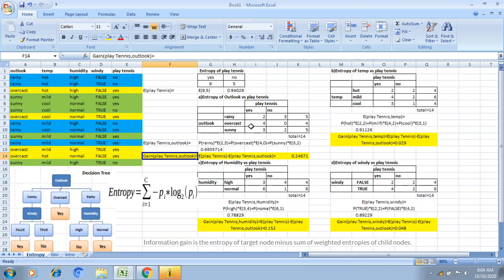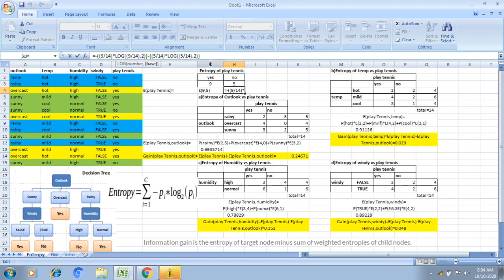Okay, let us calculate how we get the information gain. First, we need to calculate the entropy of the target data. This is my target data. I have drawn one table for the entropy of play tennis. How many yes are there? A total of 9 yes out of 14 samples, and 5 no's. So I am calculating the entropy with the same formula. This is the formula: minus 9 divided by 14 times log of 9 divided by 14, base 2.